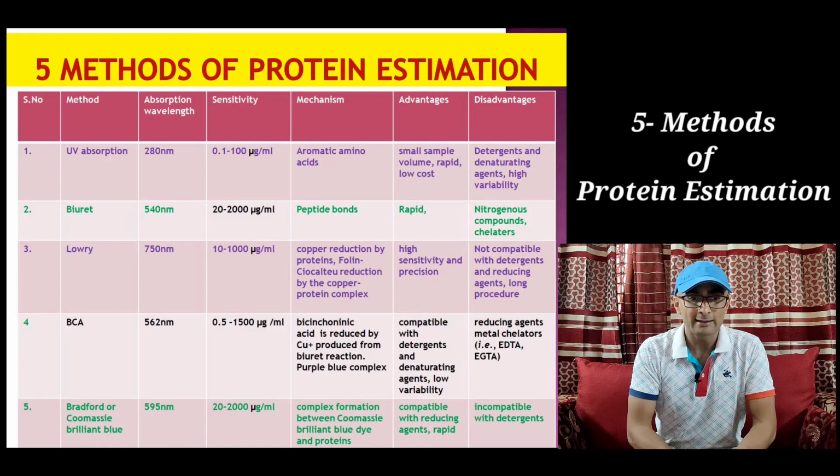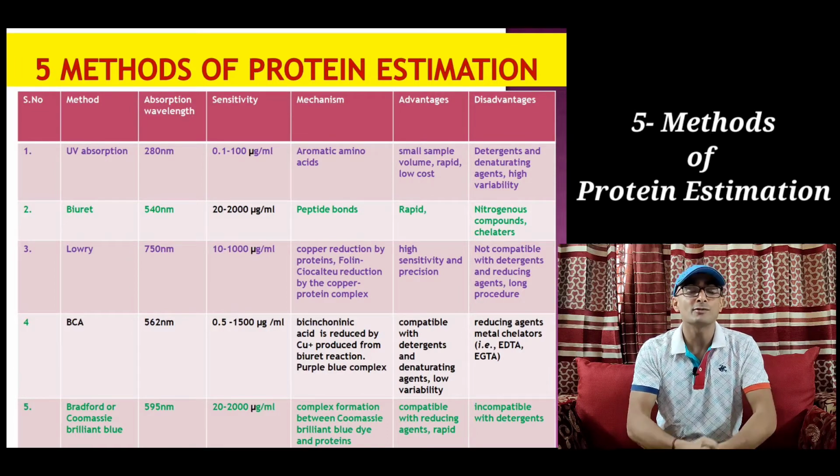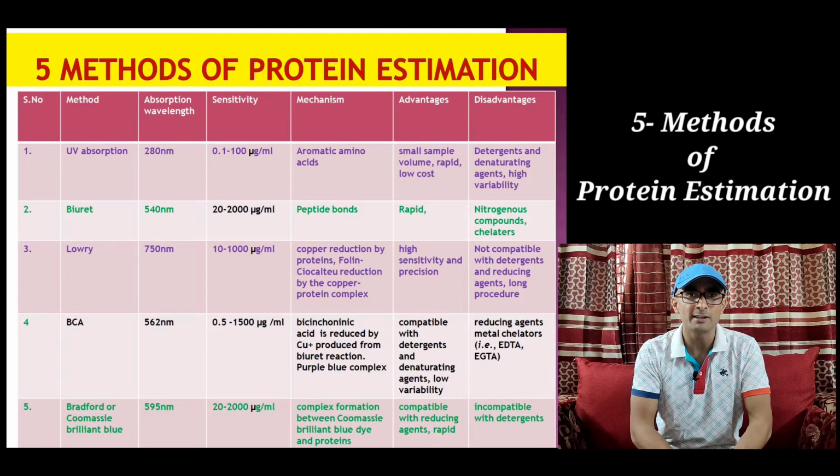Because we know that absorption is directly proportional to concentration of a sample as per Beer-Lambert's law we have discussed earlier in some other video, a protein sample is taken, its absorbance at 280 nanometer is measured, and from that absorbance concentration is calculated. This is a very simple method. A small volume of sample is required. In fact, today micro volume spectrophotometers are available where a small nanoliter or microliter drop of protein is required in order to quantify proteins.